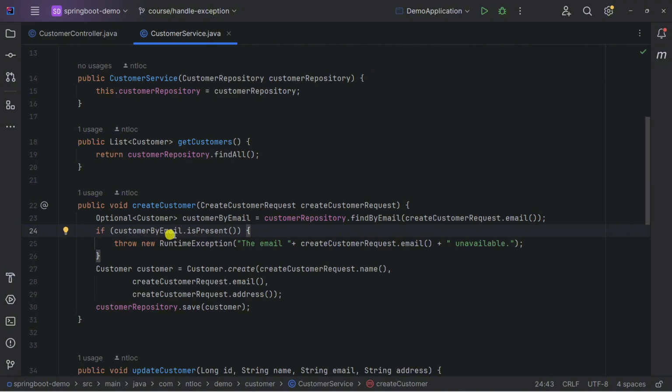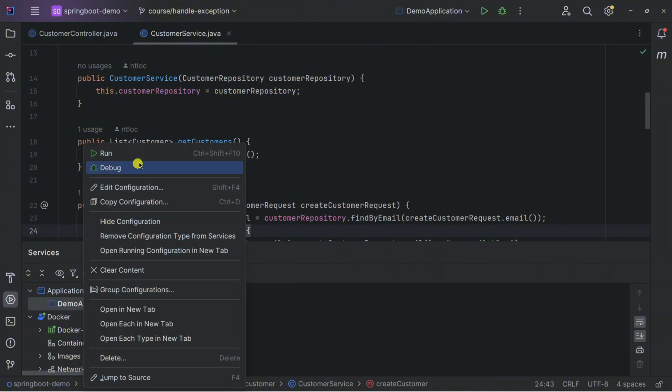If this customer is present, then we throw the exception here because the email must be unique and belong to each customer. So now we have a conflict situation, so we throw the exception. If that's not the case, then we create a new customer and save the customer in the database. To show this case more clearly to you, let's start the application.